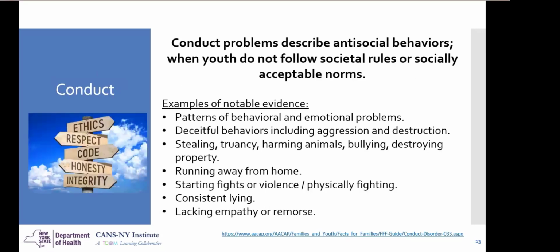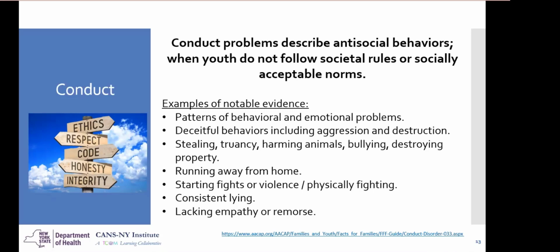And then we have conduct. When we're thinking about conduct, the reference guide shows that as antisocial behaviors. In other words, youth who do not really follow societal rules or socially acceptable norms would be classified here as being able to rate their conduct. So young people demonstrating behaviors consistent with this item may be breaking some rules, or may lack some empathy for others,